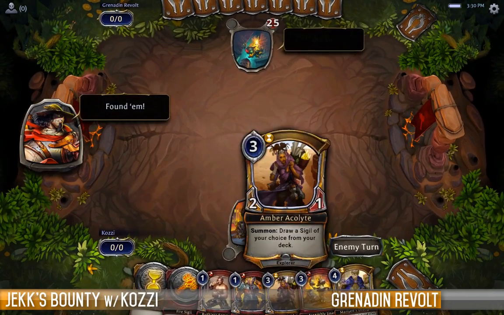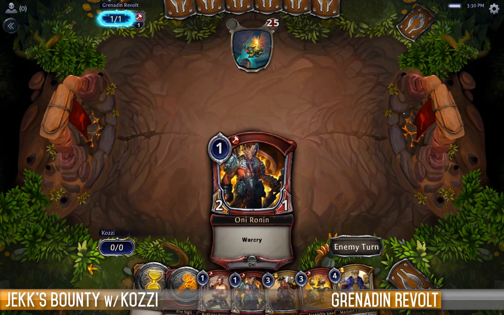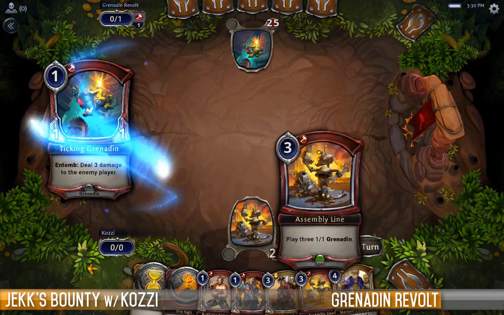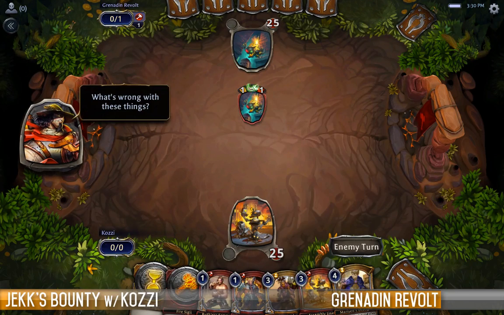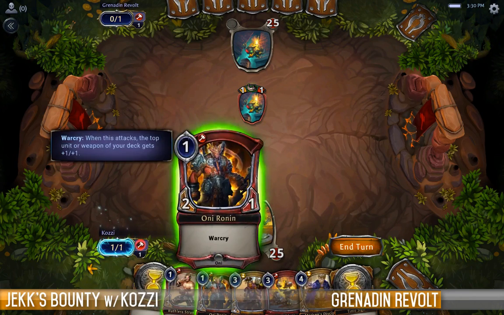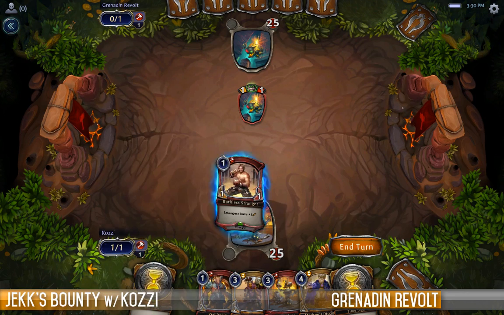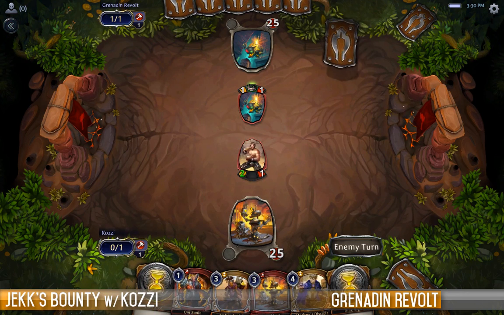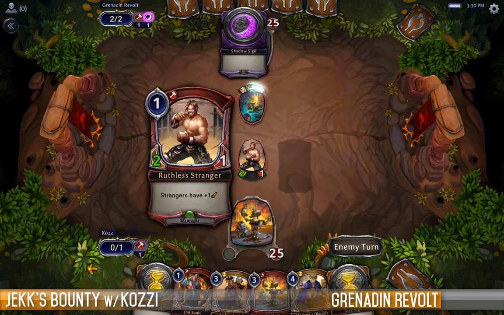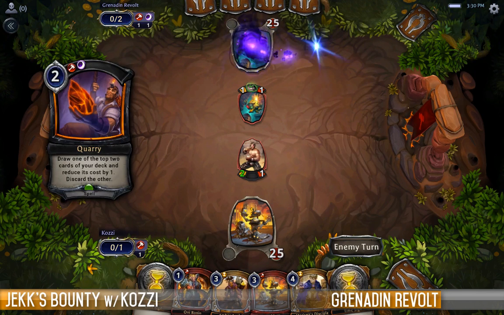The minute we draw that extra piece of power, we're safe thanks to the Amber Acolyte, and we have some cheap guys to get in and block early if we feel as though we're having problems, and an assembly line to really shut up shop quickly. So I need to work out if I want to be blocking this. Given that it has Warcry, I think it is one that I want to be blocking. And so I'll play the one drop that has the least value for me